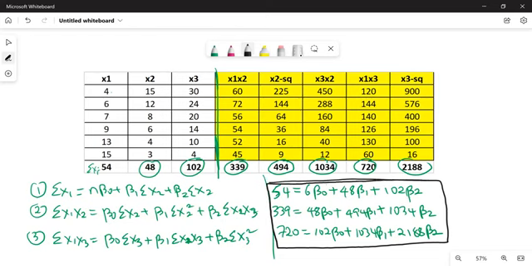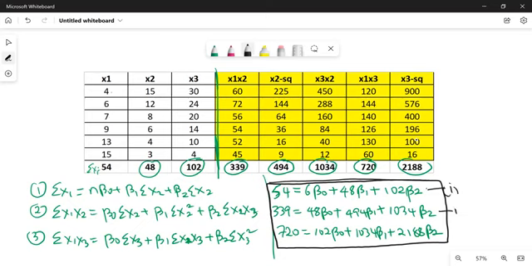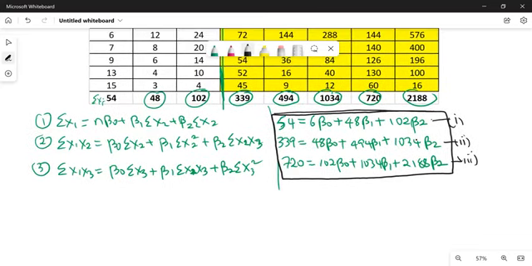And the quickest method to solve these equations: you can use the elimination method, you can use the substitution method, but you can also use the matrix method, especially Cramer's rule. You will check my other class recording for Cramer's rule, but I want us to use the elimination method to solve this. So I'll call this equation 1, equation 2, and equation number 3. Okay. So sorry, let's use the substitution method. So you can say from 1,